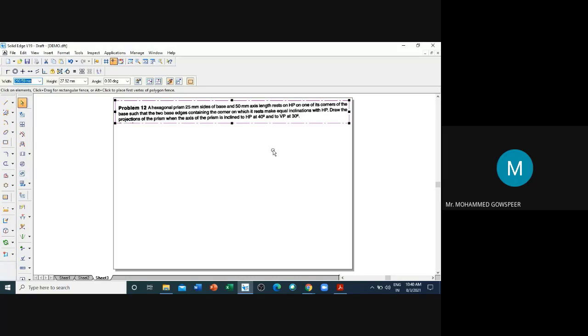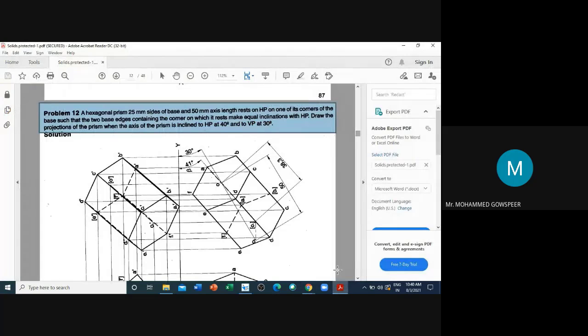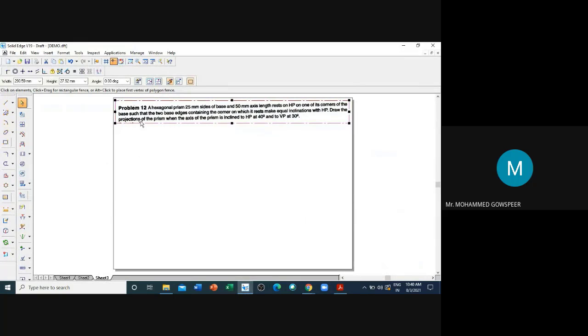A hexagonal prism, 25 mm sides of base and 50 millimeter axis length, rests on HP on one of its corners of the base, such that the two base edges containing the corner on which it rests make equal inclinations with HP. Draw the projection of the prism when the axis of the prism is inclined to HP at 40 degree and VP at 30 degree.